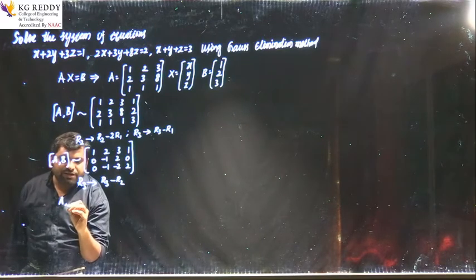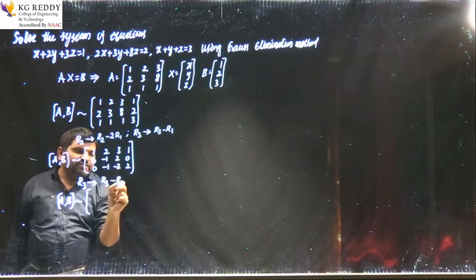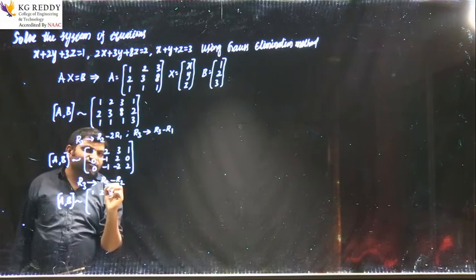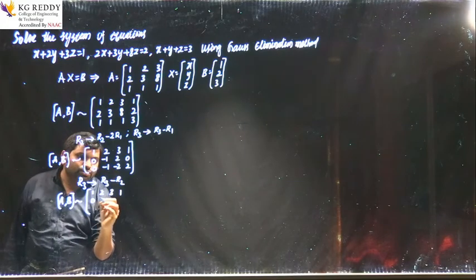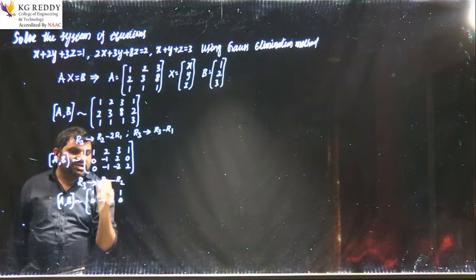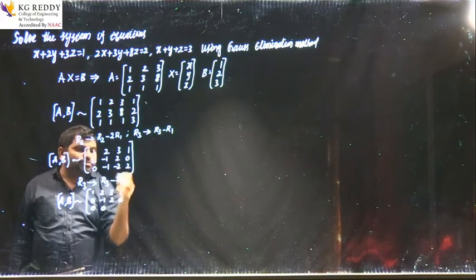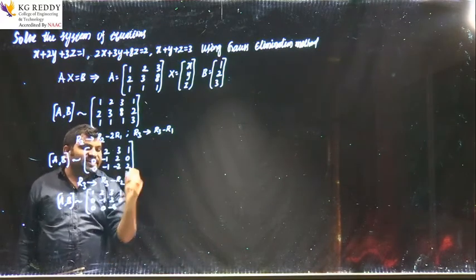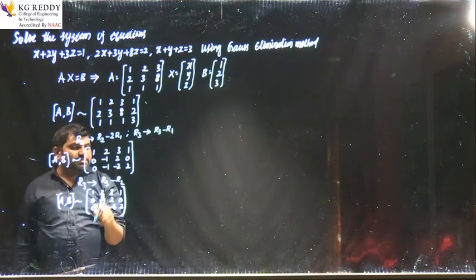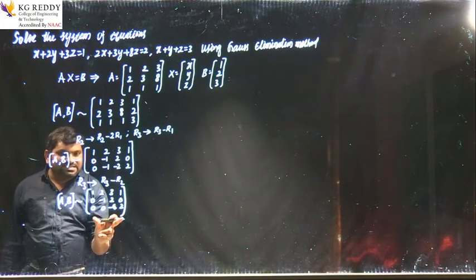Okay. Therefore the augmented matrix is: the first row and second row are the same, we are changing only the third row. So 1, 2, 3, 1 is the first row. Second row is 0, minus 1, 2, 0. Third row R3 minus R2: 0 minus 0, 0, minus 1 minus of minus 1, 0, minus 2 minus 2, it is minus 4. Next 2 minus 0, 2. Now the second row is also completed, the second column is also completed. Come to the third column, we do not have a choice, the echelon procedure is already completed.